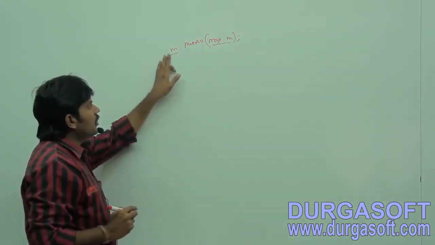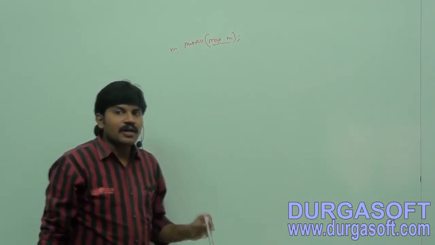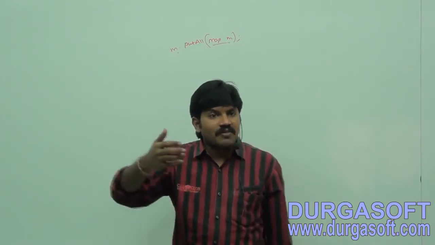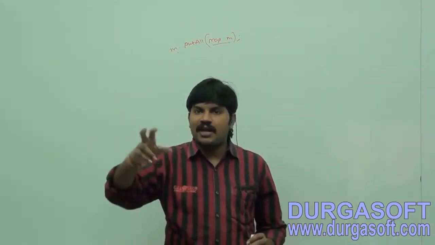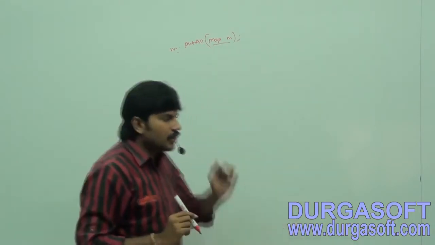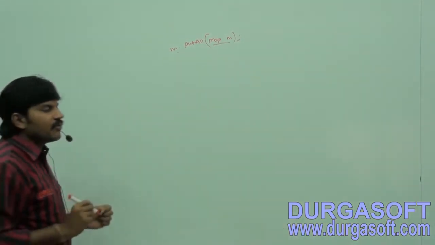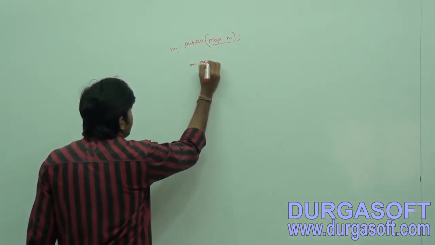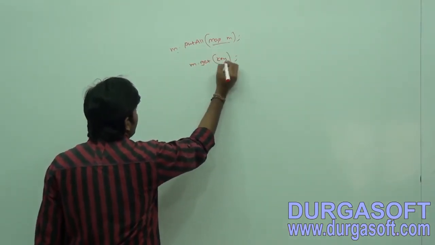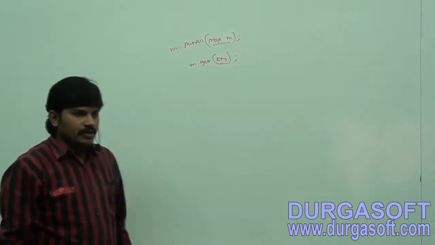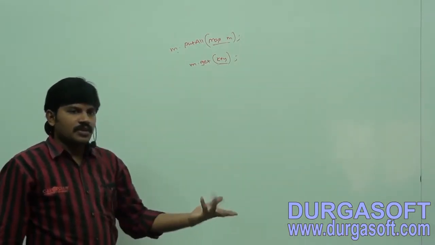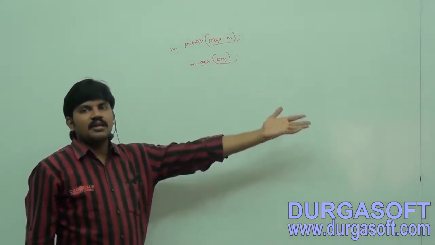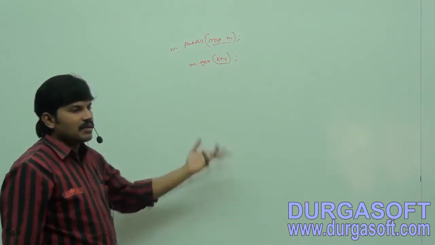Next up, sir, I know key. I know key. I want to get corresponding value. Have you observed? I know parameter name. I want to get corresponding parameter value. It is nothing but get parameter, like we have one method. But here, if you know the key, if you want to get corresponding value, then we have to use M dot get of just the key. Provide the key. Then the corresponding value by default we are going to get. Sir, if the key is not there, then we will get simply null, because there is no key. Then the corresponding value is nothing but null.